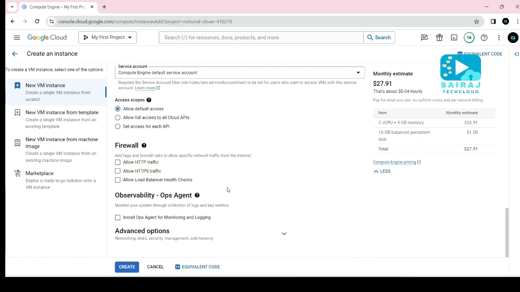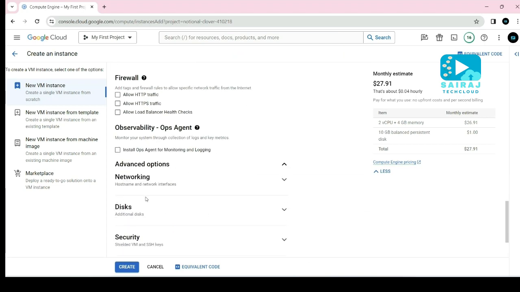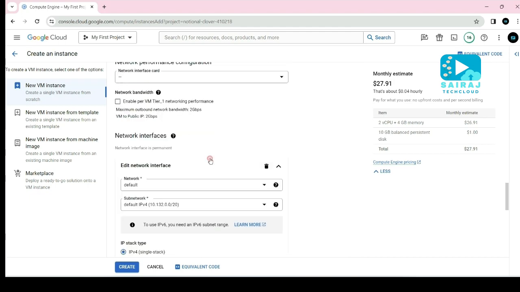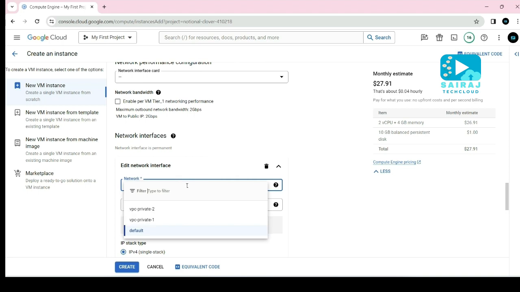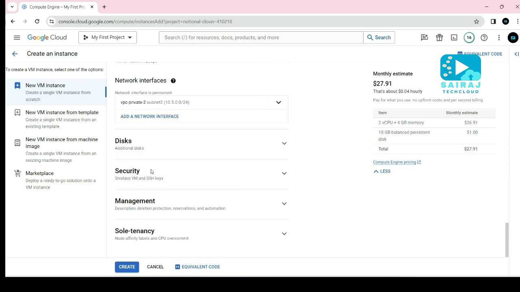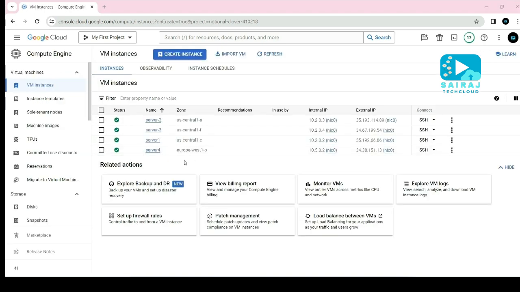Then click on advanced options, click on networking, then select your desired private VPC network, VPC2, then click on done. All the remaining fields you can leave as they are, then click on the create button. As you can see here, server 4 is successfully created.